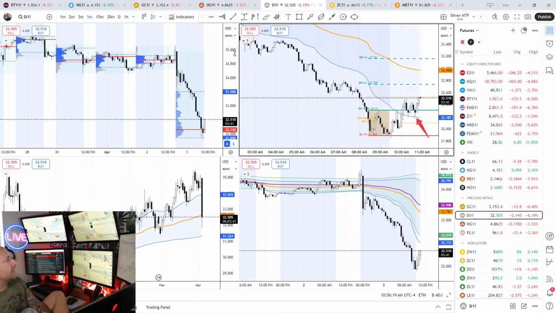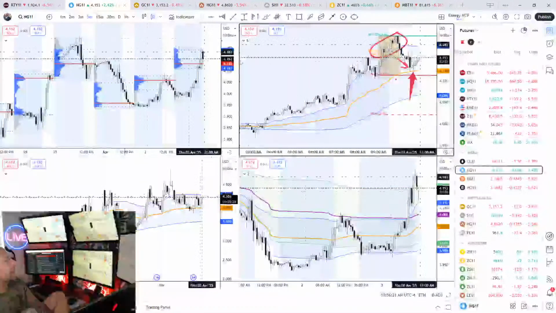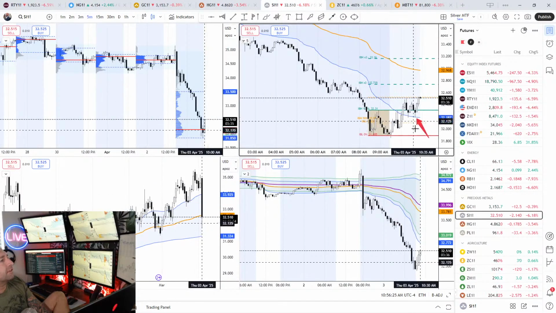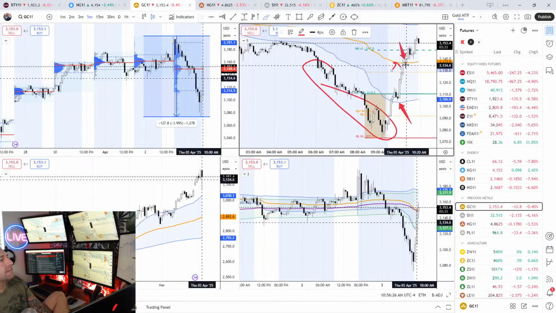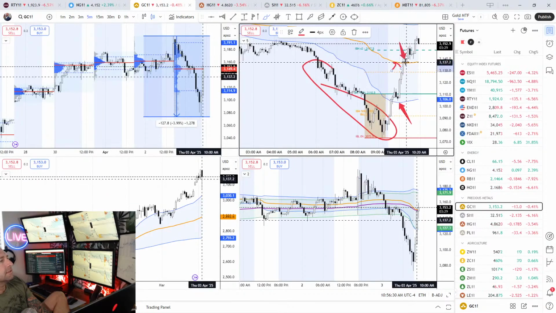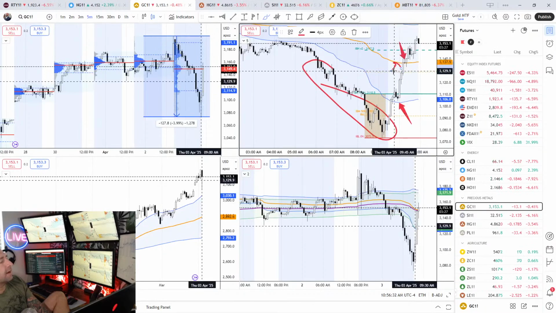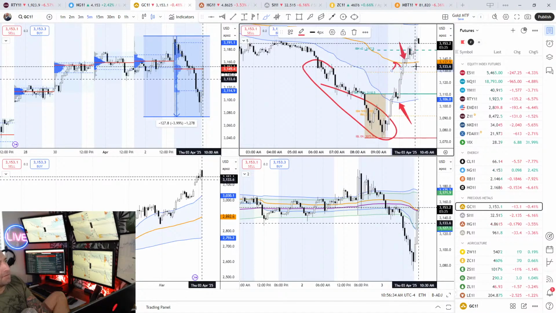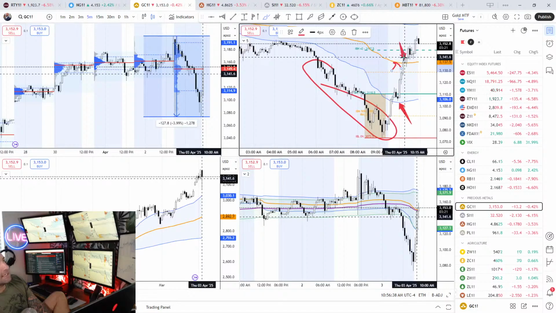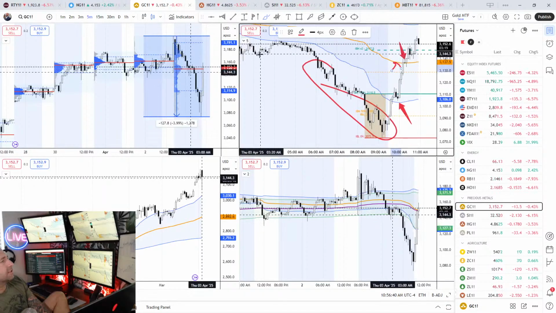I called out all these setups, guys. Some of them I called out live. The natural gas one I called out live. The silver one I called out live. I took this gold short. I missed this one. This one didn't work out, but I was able to get out of it for a good little profit by doing a scalp. Sizing in, expecting the retest or choppiness right here just to get out, and it worked.